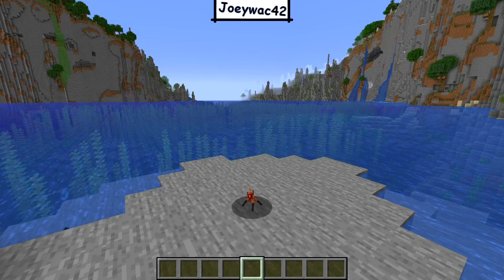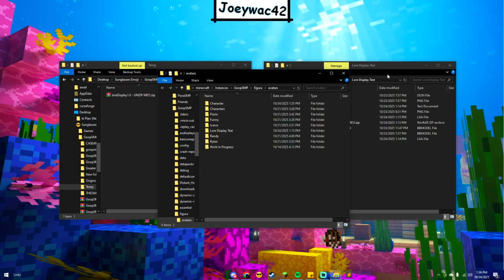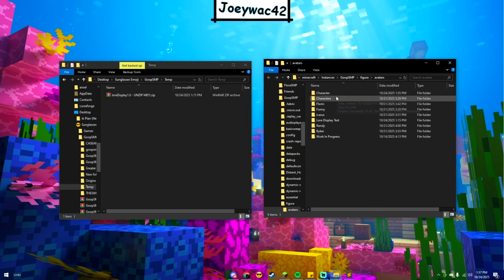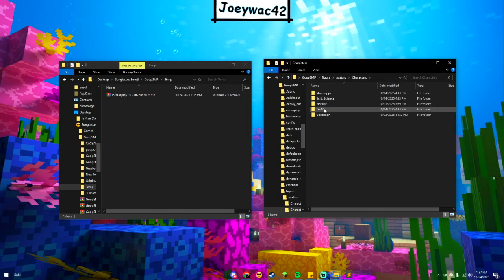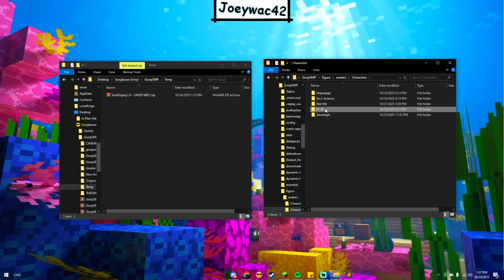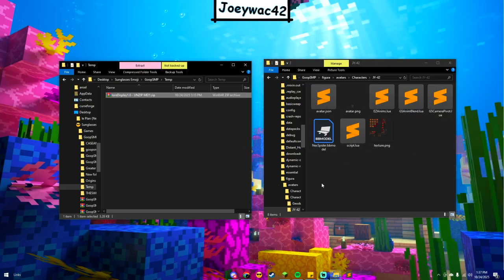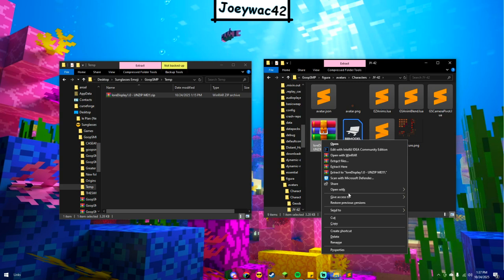So, to add the lore display to this, we do exactly as we did before. We open the Figura menu, and we click Open Avatar's Root Folder. And you open up the folder of the Figura that you want to add the lore display to. Boom, this is that. Then you unzip this folder, this file, extract here,